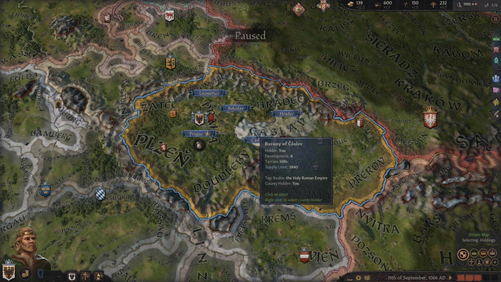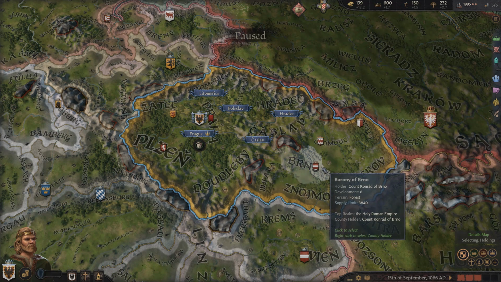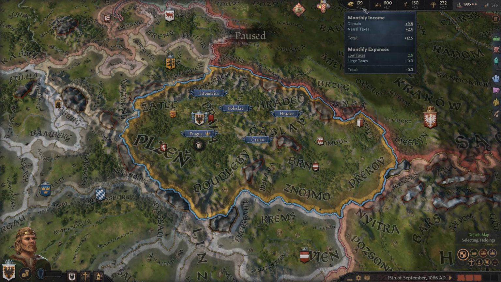Now, I'm not a fan of hoarding cash. The only time I really believe hoarding cash is worth it is if you know you're going to go to war pretty soon and you just want a lot of money in case things go south, you want to bring in some mercenaries, you just feel like you need to invest in your military. Other than that, this number right here, your monthly income, getting that as high as possible is great